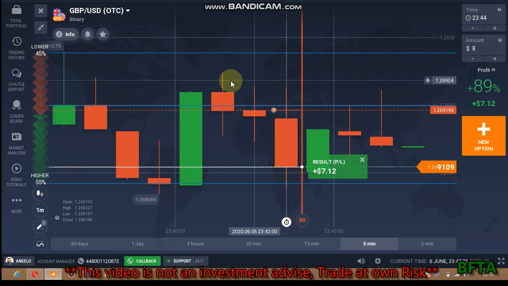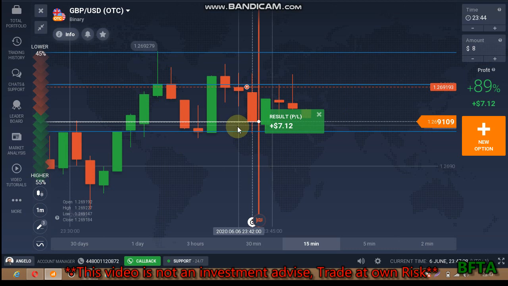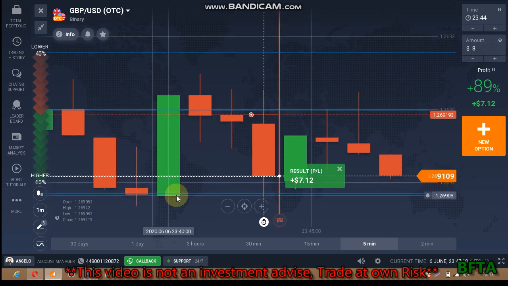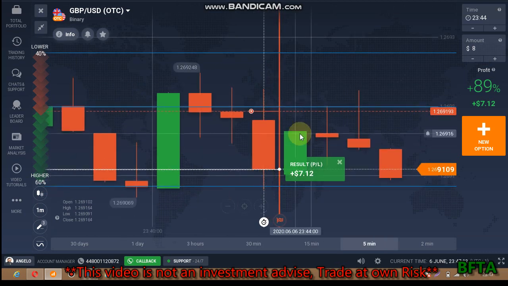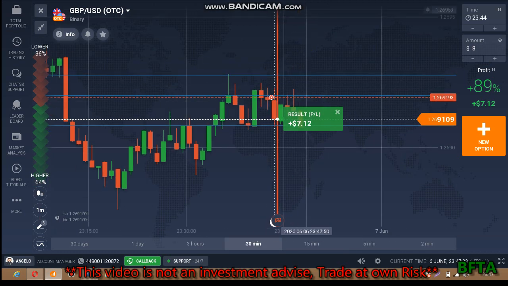Again, the buyers still entered and they were rejected on this level. It means that they say strong sellers level. Okay, so that's why I placed put option. And you can see that when the candle reached this level, they were rejected. That's why the buyers entered. And when the buyers touch this level, the sellers enter, because this is previous sellers level. Okay, so this is how you can predict next candlestick,